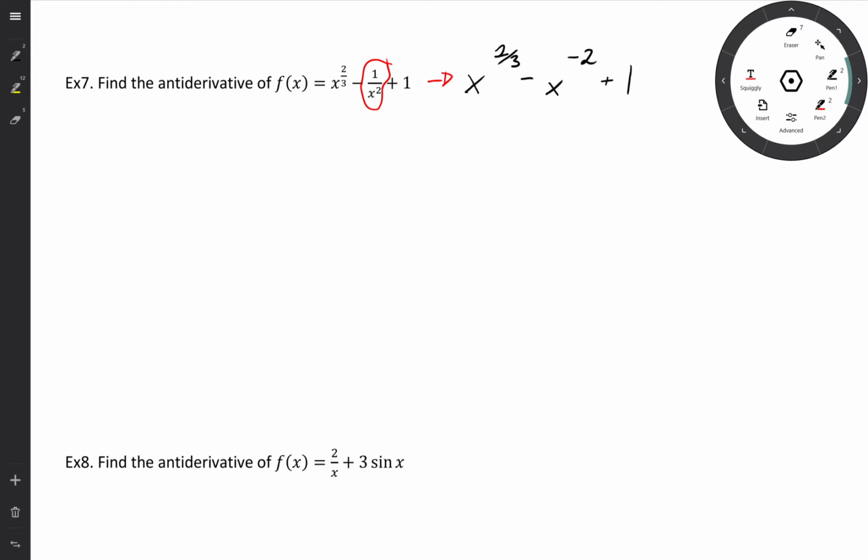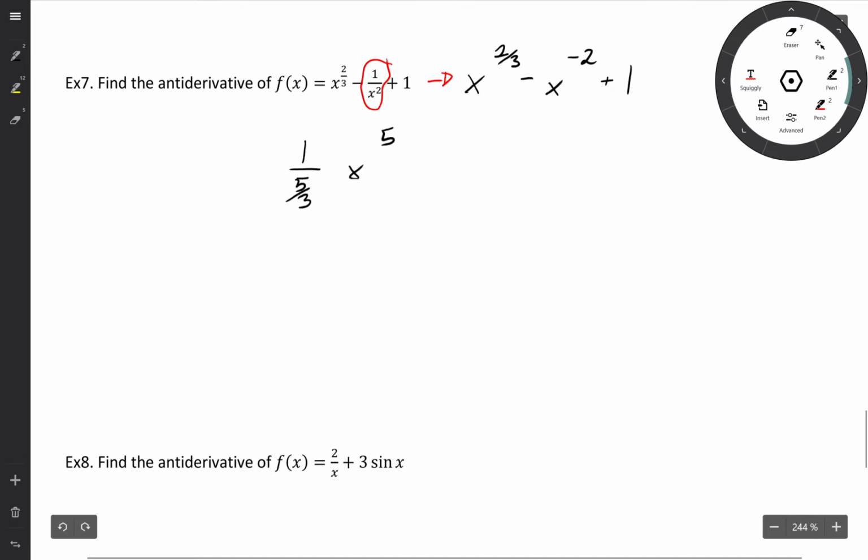Okay, so power rule applied to 2/3, so we do 1 over 5/3 because we're adding 3/3 to it, so I got 1 over 5/3 times x to the 5/3 minus, got to add 1 to negative 2, so it becomes negative 1, and then I'm going to multiply by 1 over negative 1, so I got x to the negative 1, figure out what our end term is, and then I got plus